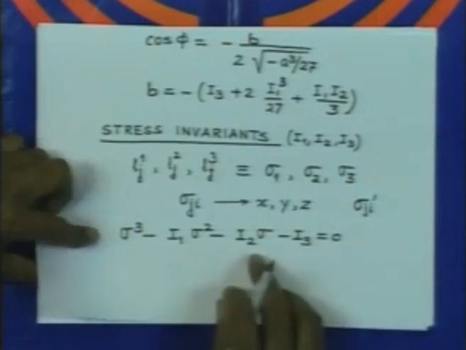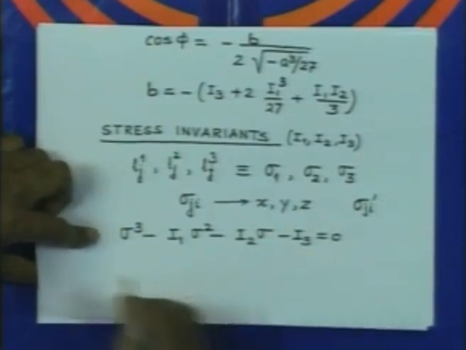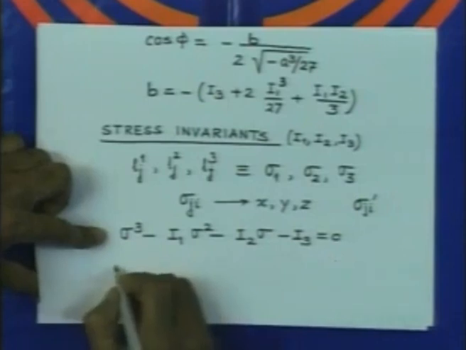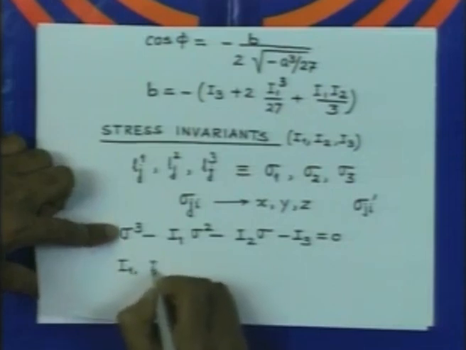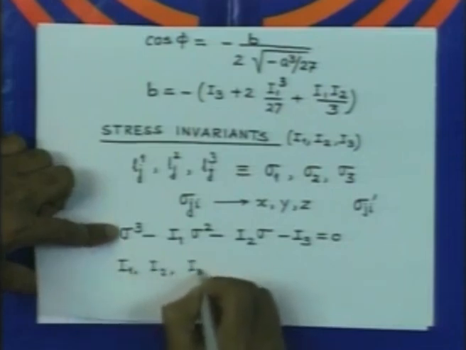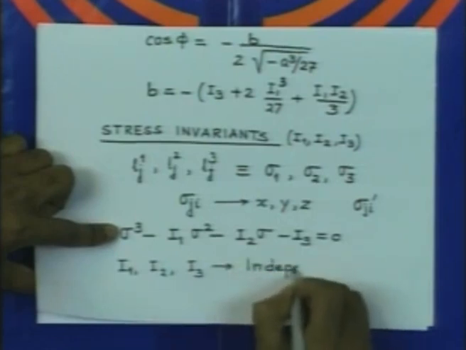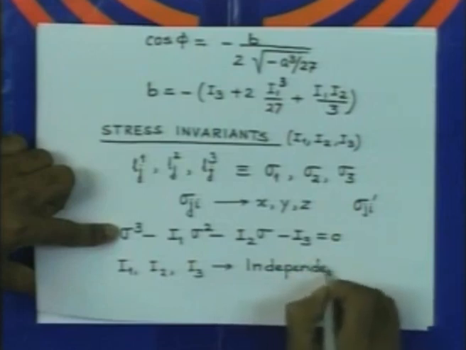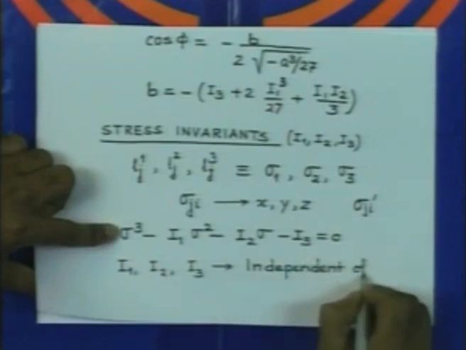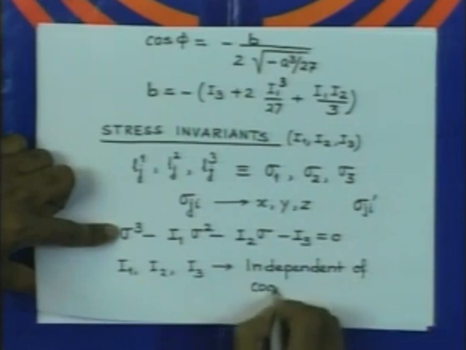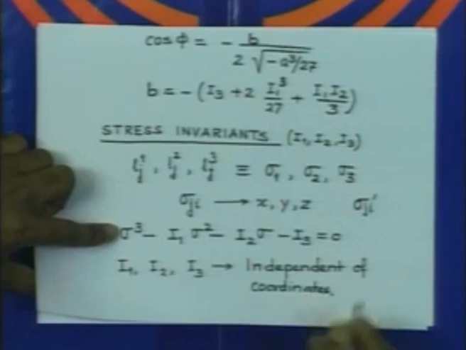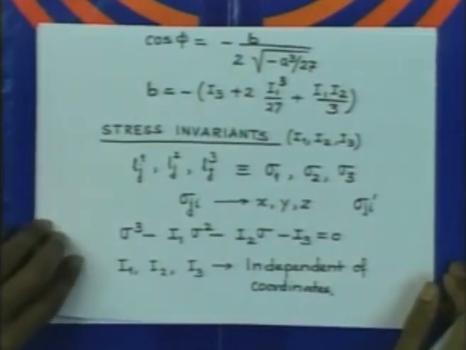Therefore, I1, I2, I3 must be independent of coordinates. That is why they are called stress invariants,